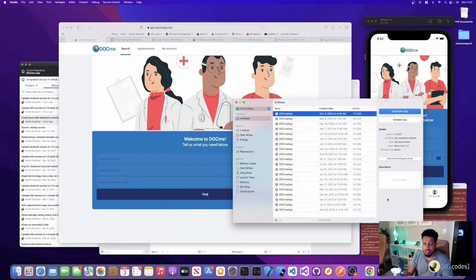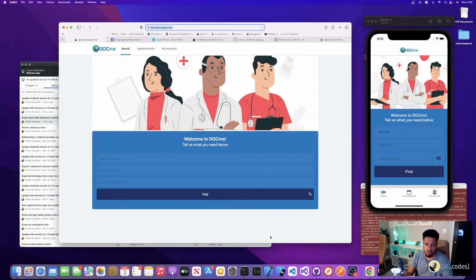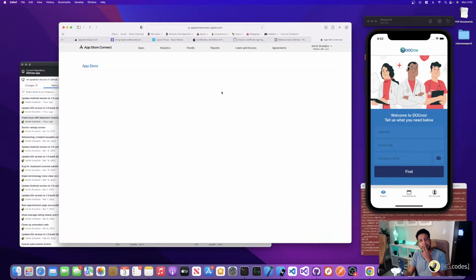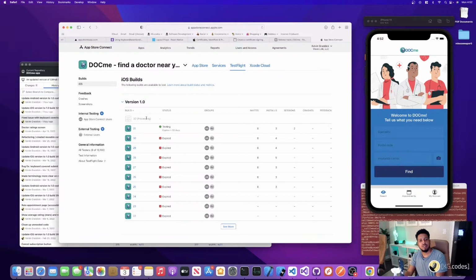App uploaded successfully. So now that it uploaded, I don't need this. I can close down Xcode. Save some bandwidth there. Now reload this, it should be processing. Yep, 32 is processing. So once that processes, I'll be ready to